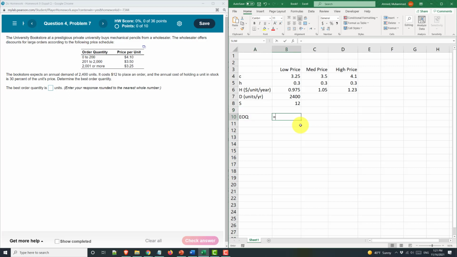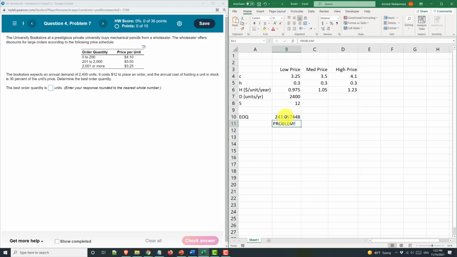And then we can plug in the EOQ formula. It's the square root of 2 times the demand. So I just select, I don't type in 2,400, I just select the cell with my demand and the ordering cost, right? And then you divide by H, okay? And so the economic order quantity, if the price is $3.25, is only 243. But there is a problem,